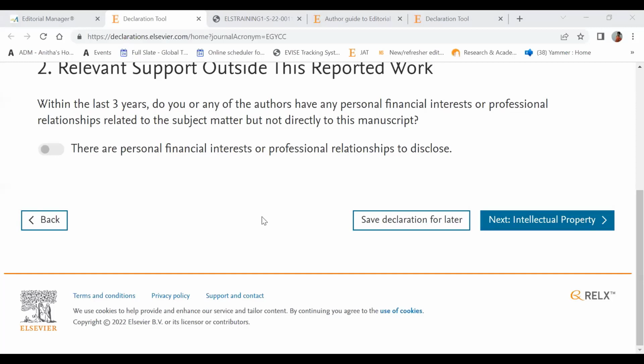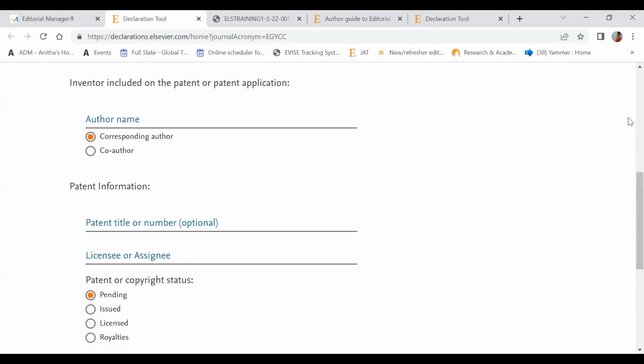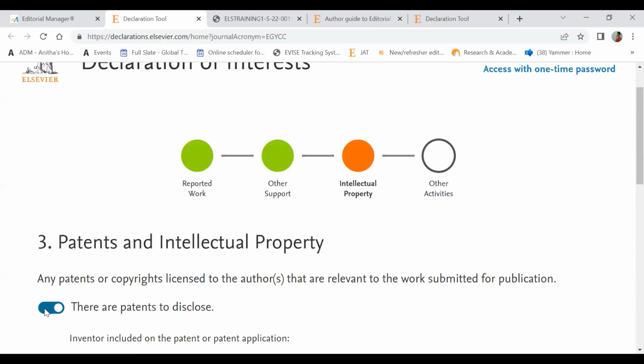Okay, great. Thank you. So I hope this section was clear. You can fill in all the details, or you can just press the toggle button off. And now I'm just clicking on the intellectual property button to proceed. Here in the patents and intellectual property page, you can disclose any relevant patents or copyrights licensed to any of your co-authors. You can fill in all this information here, or you can press the toggle button off to indicate you have